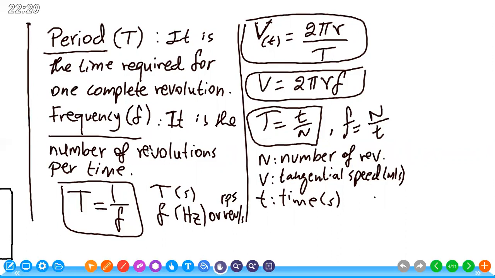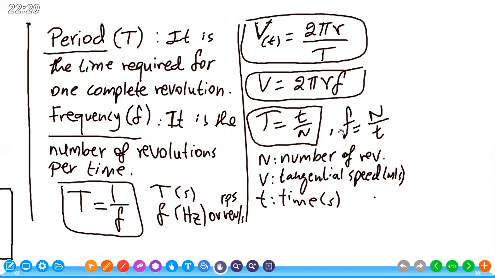Now we said that the period is inversely related to the frequency, so this equation can be written also as v equal to pi r f, where f is the frequency. Remember, period was the total time over the number of turns. We are saying that the period is the time for one turn. So what if we have many turns, 20 turns? Then if I have the time of the 20 turns, divide the time over 20,